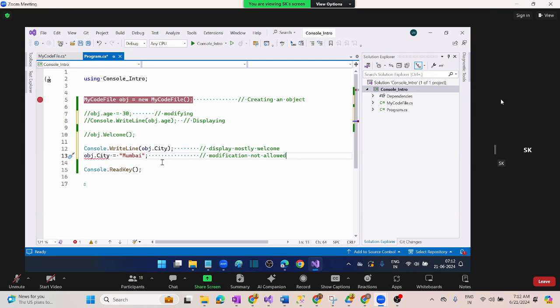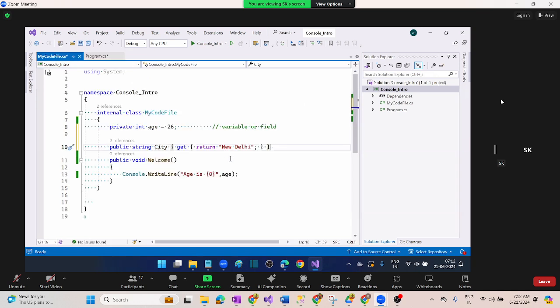Reason, it is a get property. Get property means you can only get it, you cannot set it, right? Set means modify. Get means see it or display it. That means see is allowed, display is allowed, but modification not allowed. Now somebody came and said, okay, city you wanted not to modify, but